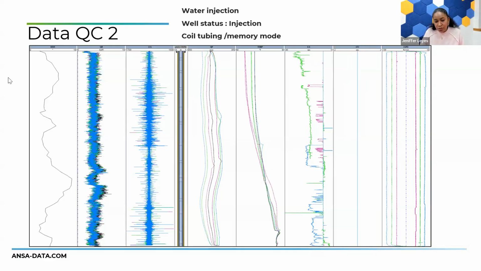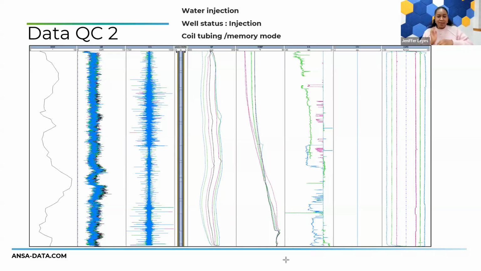And we have some sort of response from the ILS. As you can see in here, we don't have response from all the passes. We have from one of the passes for the top half of the log, and we have response from another of the passes from the bottom half of the log, and it's intermittent response for both of them. So basically in this data set, we have, let's say, our QC assessment is that we don't have repeatability,